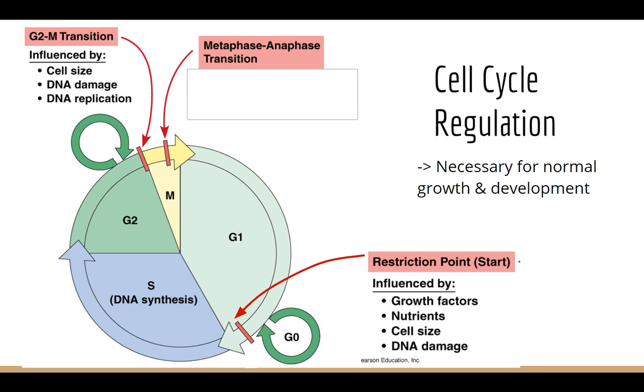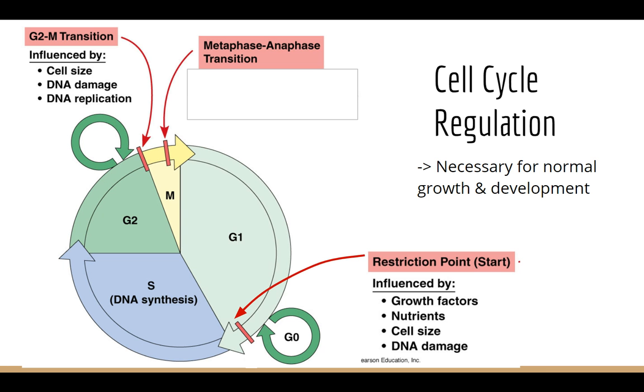It again checks for DNA damage and double checks that replication is complete and as accurate as the cell can possibly do it. As we know, occasional mutations get through, but at this point, the cell is checking to make sure there aren't any significant or severe mutations or any damage to the DNA. If it meets all the criteria there, the cell's big enough and has enough resources, the DNA has all been successfully copied, and it doesn't look like there's any apparent damage, then the cell will continue into the process of